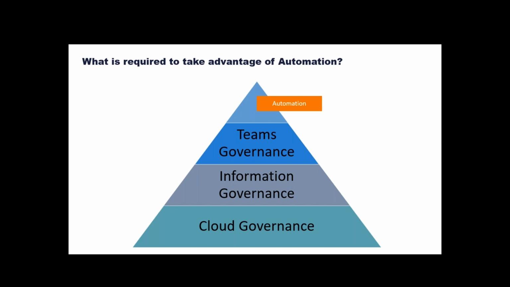And then on top of that, we start to talk about Teams governance, which is on top of what we've done in order to solidify our information platform. Do we now understand how workspaces are provisioned, what policies govern them, what applications are allowed in terms of a team, how the chat and the collaboration happens, what happens at different life cycles of a team as it goes through certain phases? How is it onboarded? When is it qualified? All of these types of questions. And only when you've answered these questions can you really unlock the power of automation.